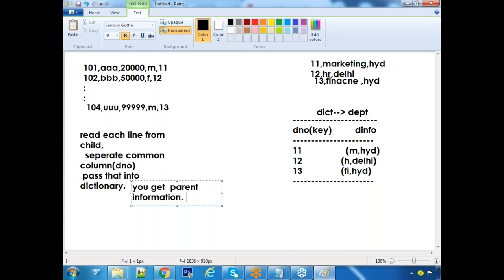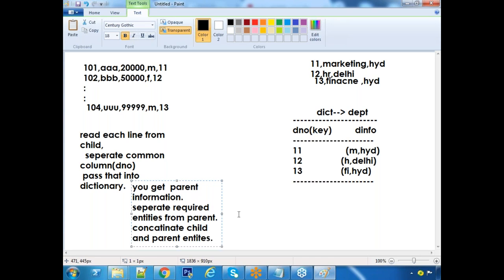Understand the point, sir? Separate required entities from parent. Concatenate child and parent entities. And then finally, write into a new file. That's it. First record I have read,